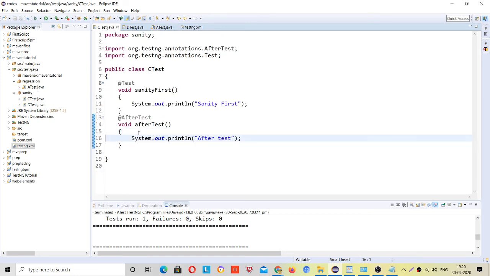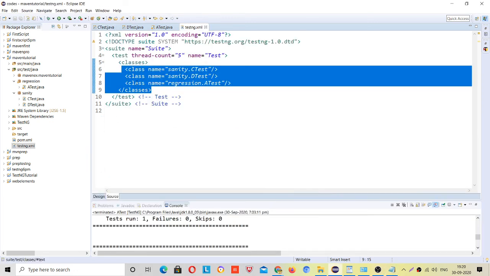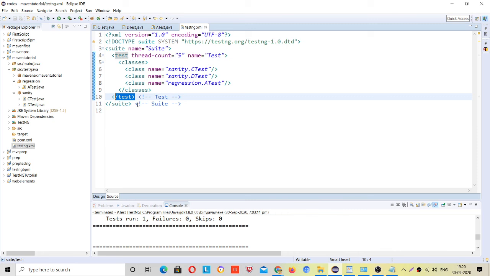So it will run after test, and then of course after suite, just because the picture will be coming here: after test, then after suite.